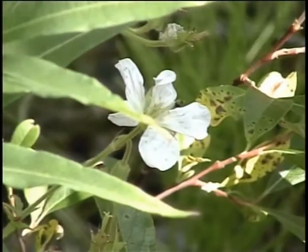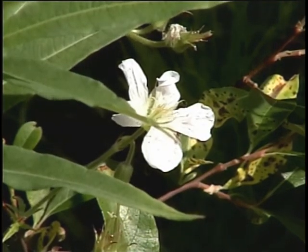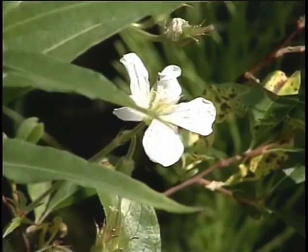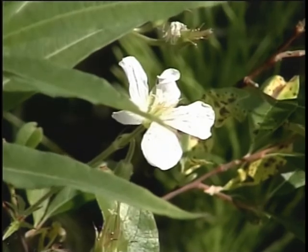Well, I found lots of it when I was out. Does that have any smell to it? That geranium? No. Okay. The leaves can be pungent, but...